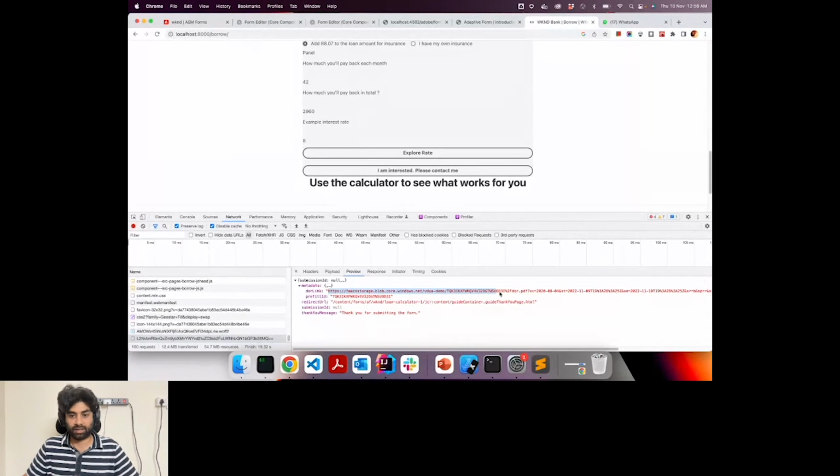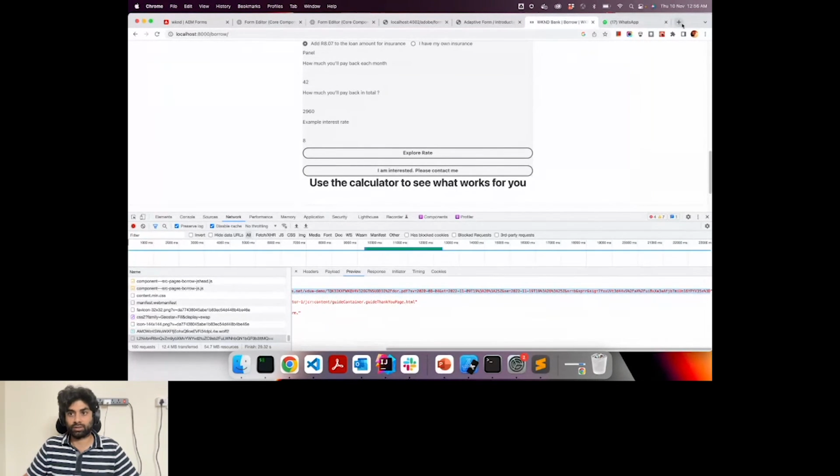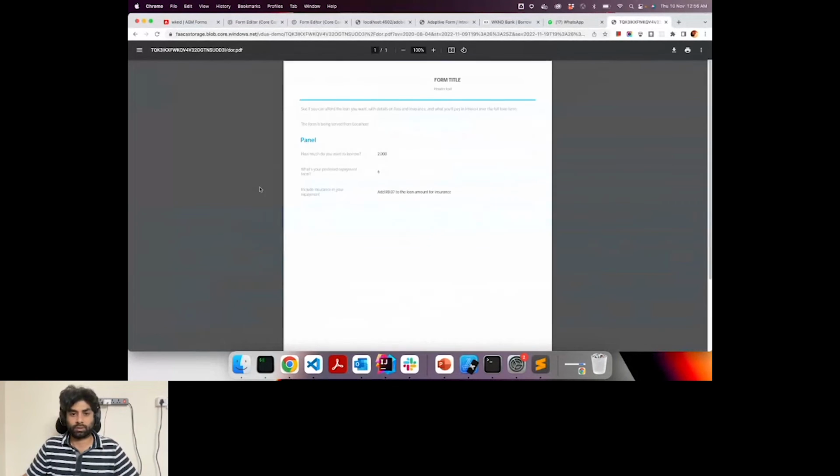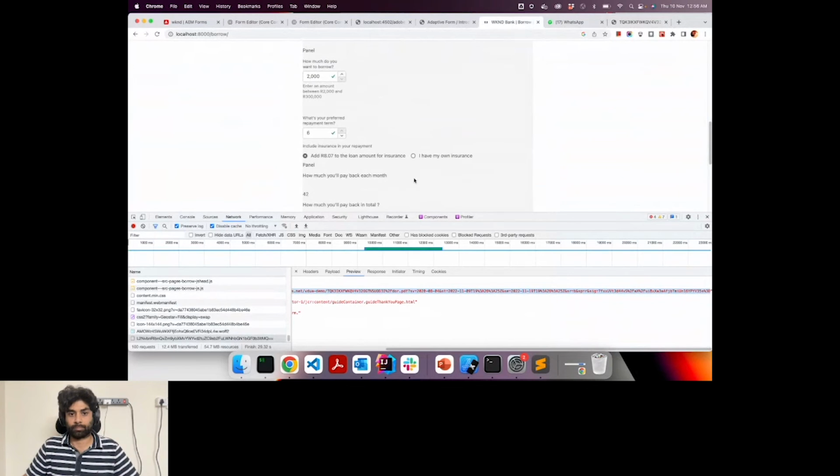If you click on that URL, you can see the PDF with the data that we have selected. So this is how you can create the form, render it in your application, and then submit it.